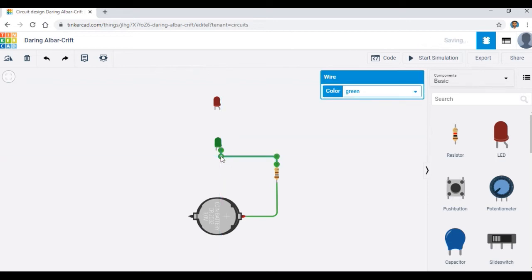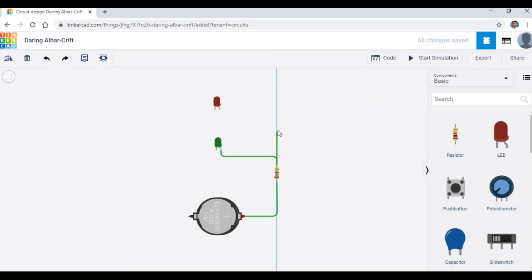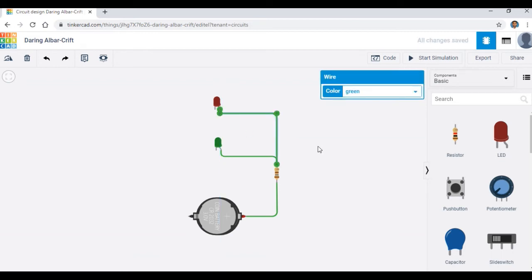Then one more connection we need to take from here, because we are going to connect these two LEDs in parallel. So from here to the anode of the red LED.